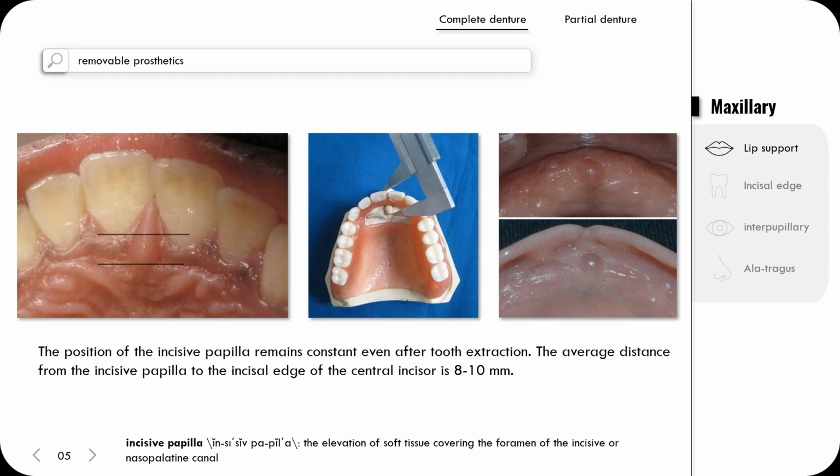So by taking anatomical averages of patients that have their teeth, we find that the position of the incisal edge of that central incisor is always about 8 to 10 millimeters facial to that incisive papilla. So that becomes a helpful landmark for us to know where to put our denture teeth, and we're going to set that 8 to 10 millimeters facial to that incisive papilla. The other thing we want to look at is